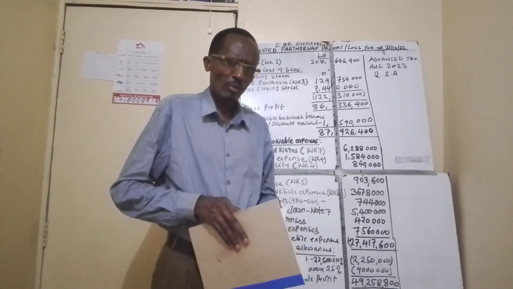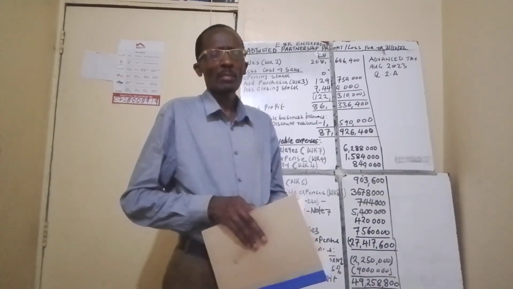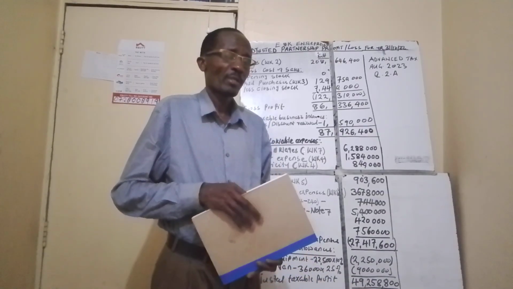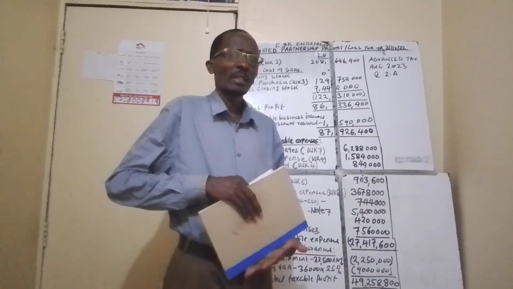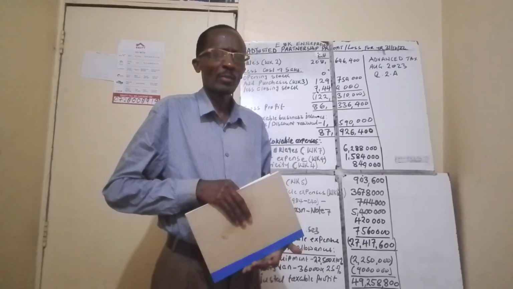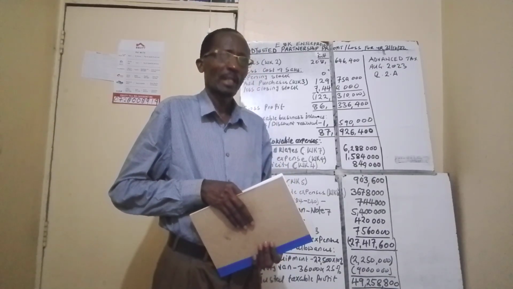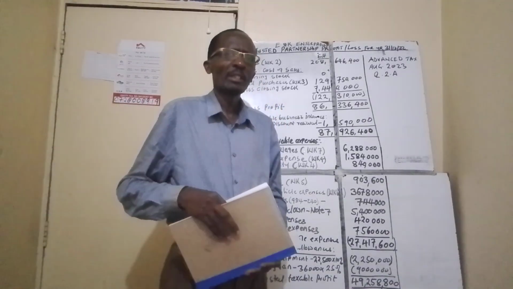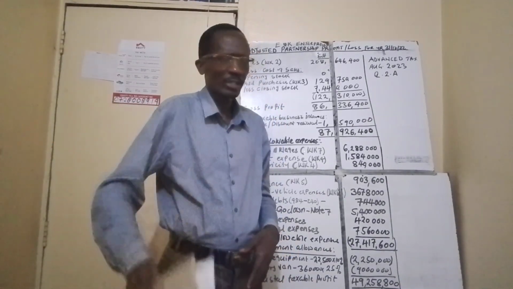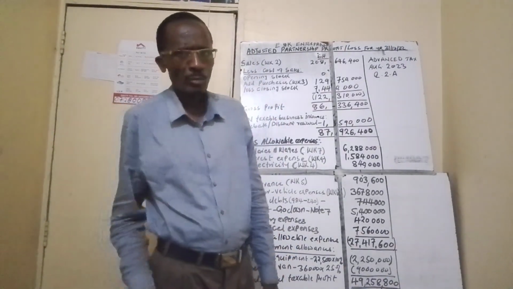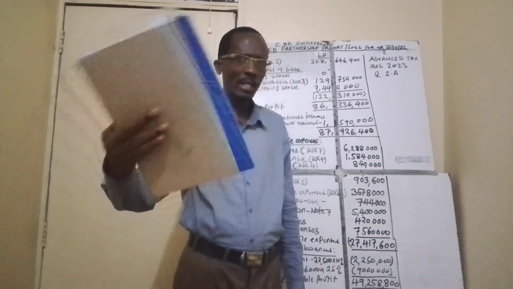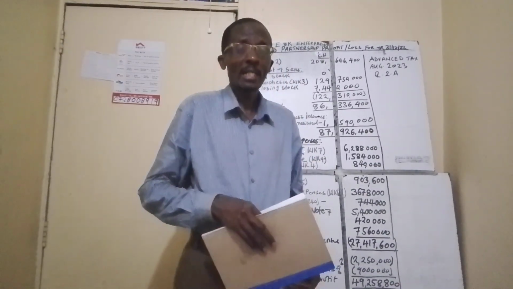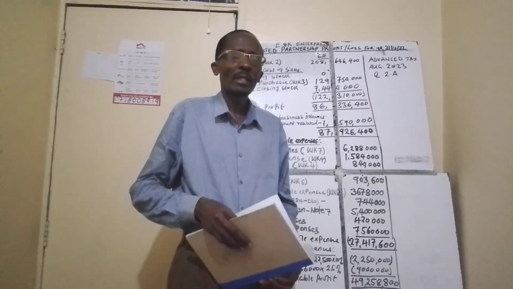Now, in taxation, there are two methods that we apply when it comes to taxation of businesses. That is one, indirect method, as well as a direct method. With the indirect method, you'll be given the accounting profit, and in that accounting profit, we are supposed to add back all the disallowable expenses, and then